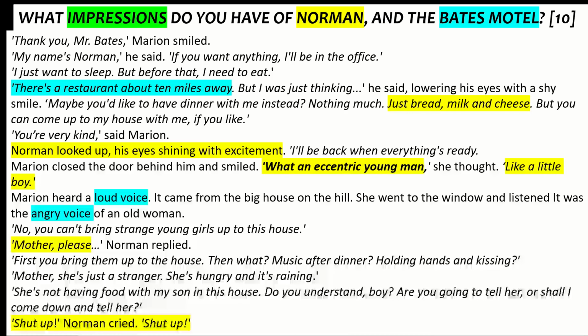Bates Motel for this slide. Again, there's a restaurant 10 miles away. Again, it adds to the fact it's in the middle of nowhere. Marion's very isolated. And even though it's not, you could still include the fact the mother in the Bates Motel impressions. So a loud voice, an angry voice. She's a bit of an intimidating woman, a bit menacing, and even the fact at the end she's making Norman upset, which we don't like as the reader. Also, I haven't highlighted right at the top about Norman. They say he's shy, so that would be an easy one.